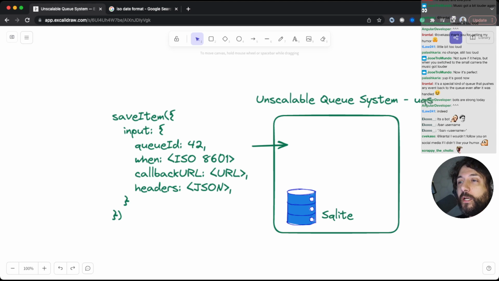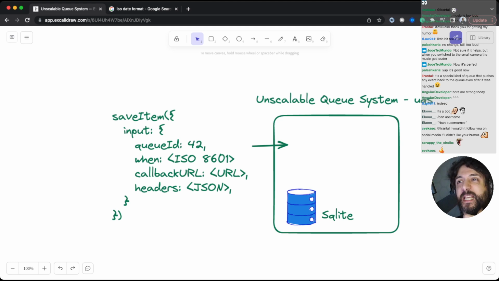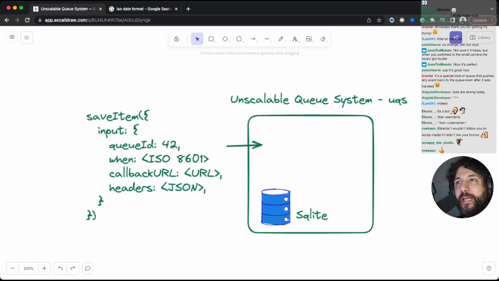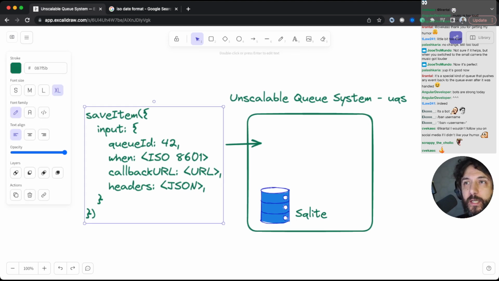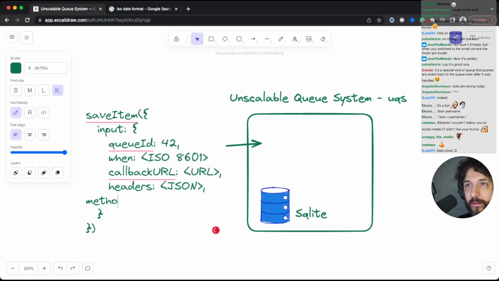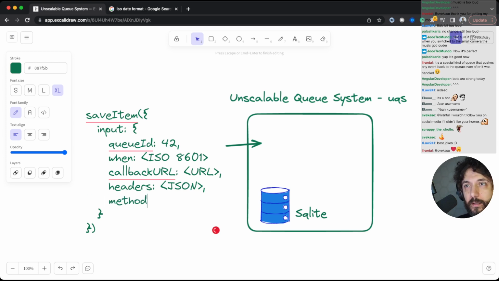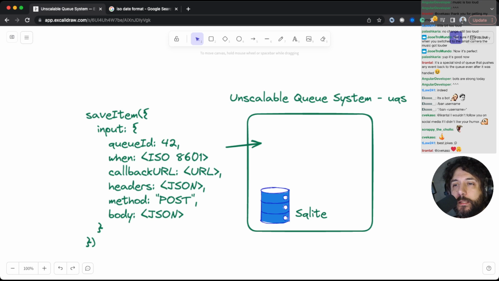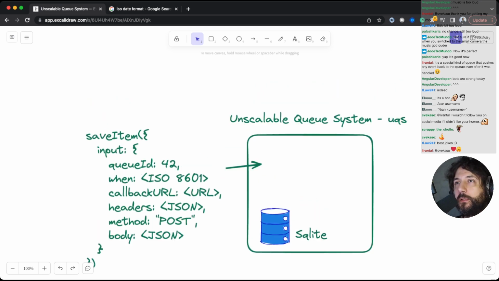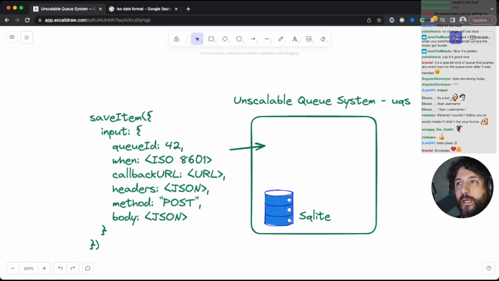Anyway, so we are here. So we have this save item, and it has some headers, and probably we want the method. And this is a POST. And we want a body, which is another JSON. Does it make sense? Hopefully so. So we are saving an item, okay?